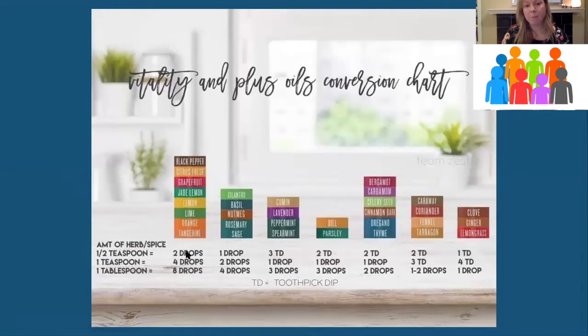So from the beginning, you can use quite a few drops. All the way down to halfway, it starts saying TD. It's a toothpick dip or toothpick swirl, as it's sometimes called in some recipes if you have a recipe book for essential oils. And so basically it's telling you that you can put 2 drops of black pepper into any recipe that's asked you to put in half a tablespoon of ground black pepper to replace it. And in that case, what I would do is make sure that I am using a spoon and dropping exactly 2 drops onto that spoon before I mix it into my spaghetti sauce or something that I'm making,